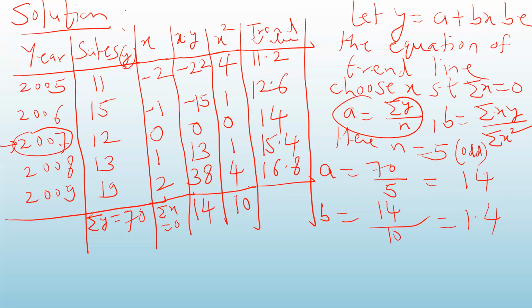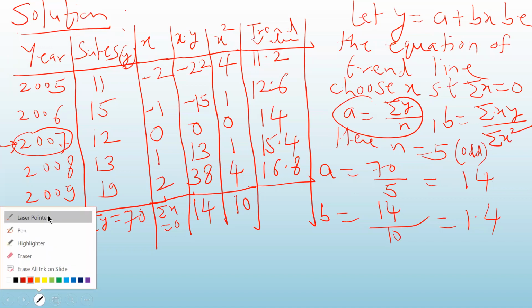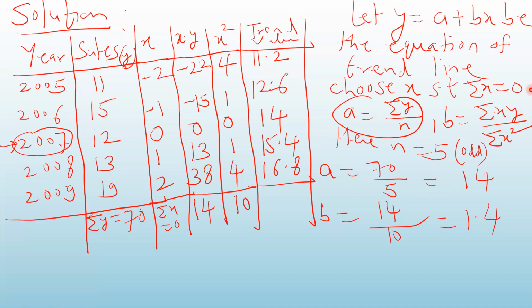To find the straight line trend, we start with the equation of trend line. That y equal to a plus bx is the equation of trend line. Then we have to convert the year or the time into x. How we have to convert? We have to choose our x in such a way that summation x should be 0. Why we do that? To ease our calculation. Okay. So the value of a comes out to be summation y upon n and b summation xy upon summation x square. You can directly remember this. This comes by solving the normal equations.